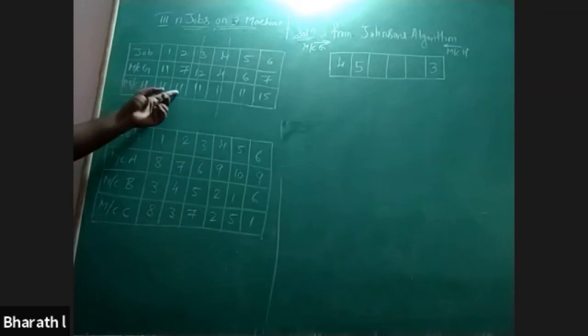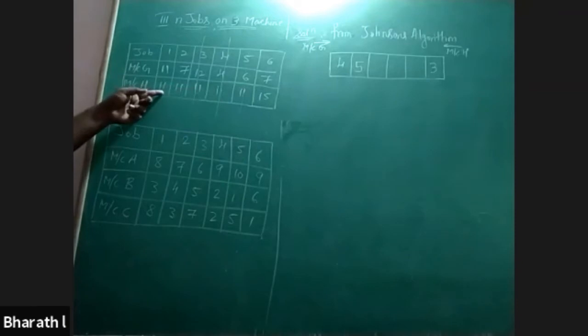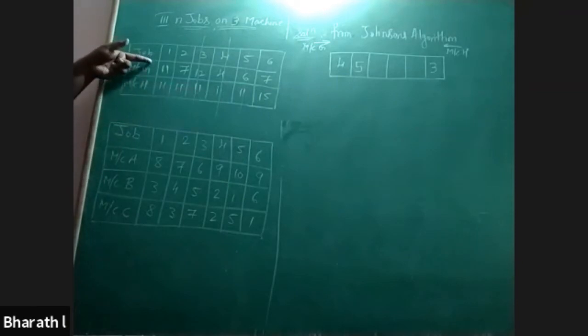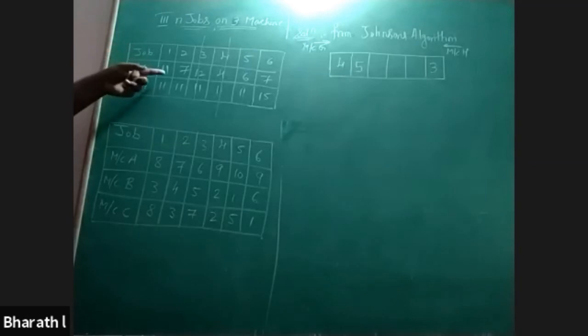The next for machine G, the least processing time is 6. The respective job is 5. Then here you locate 5 and cancel. Then next you check machine H. For machine H, we have 11 and 15. Least is 11. Again you have a tie, so you check the other machine having the highest processing time. That is for job 1. Then you locate job 1 here and cancel.